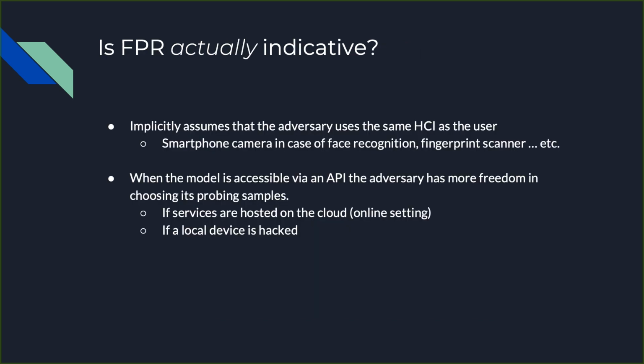Okay. So the question this paper is specifically trying to answer is, is FPR actually indicative of the correctness of your model? So FPR is often used as a measurement of your machine learning model. But when you consider the impacts of an attack inside your specific security hardware, then this is no longer accurate. Because FPR is basically trying to say, given a certain specific input, whether the output is correct or not. And this implicitly assumes that the attacker or the adversary can only manipulate the input of your entire